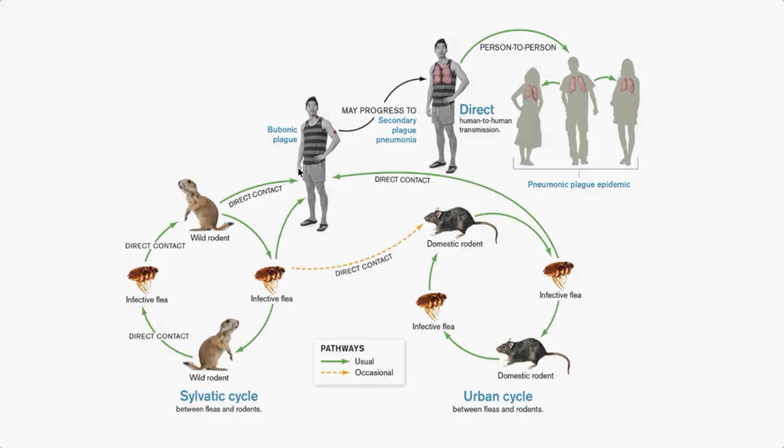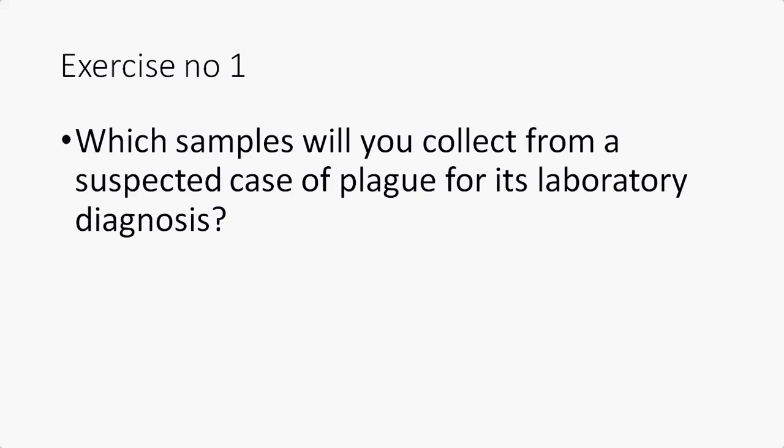Then the second is direct contact with the tissues of infected animals. Third is droplet inhalation. We have seen that the infected flea bite causes bubonic plague, that means buboes, the enlarged lymph nodes. Secondarily it can cause pneumonia, the pneumonic plague, where they exhale or carry Yersinia in the sputum and coughing droplets, resulting in person-to-person transmission, particularly in pneumonic plague. So these are the commonest modes of transmission.